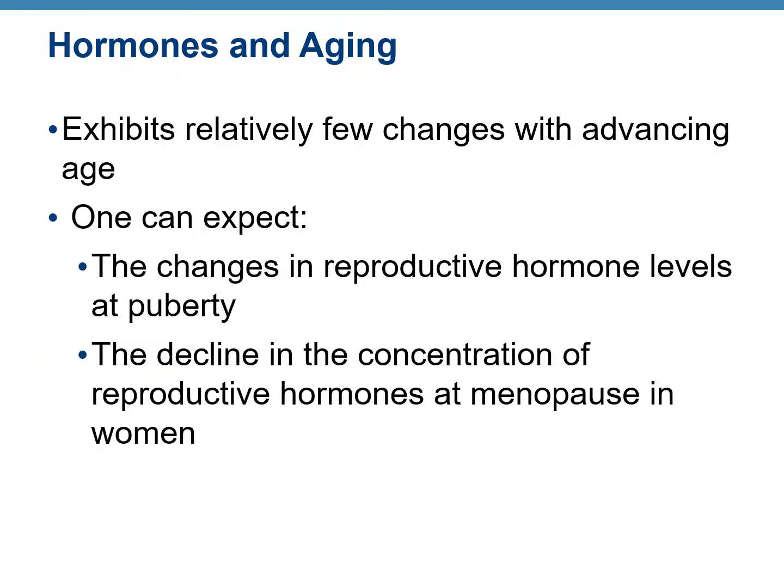What are the effects of aging on the endocrine system? When a person hits puberty, there is an increase in the level of reproductive hormones in blood. With age, these hormone levels go down. This effect is very drastic for women at menopause because the level of estrogen just totally declines.